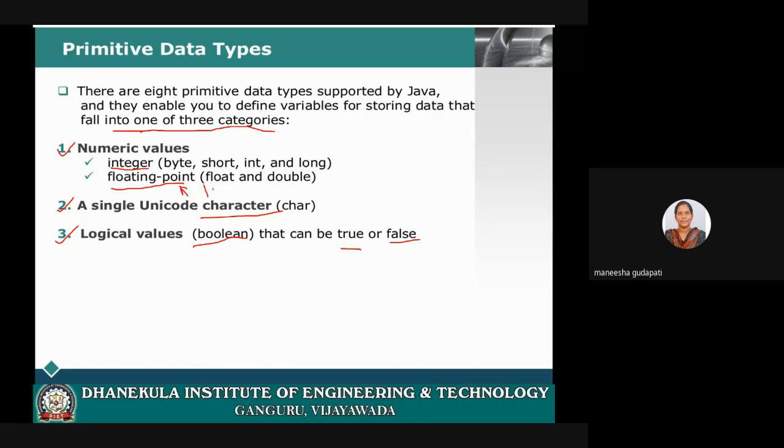That means 1 point something something. If you have any values in the fractional part, then those types of numbers are called floating point numbers. Again, in floating point numbers, we have two data types. The first one is float and the second one is double.